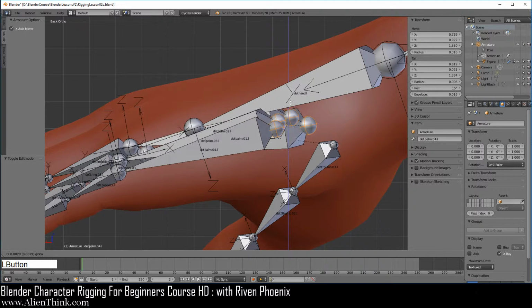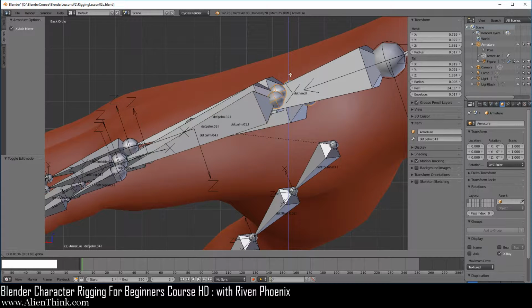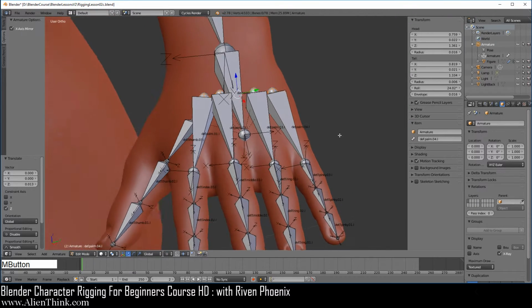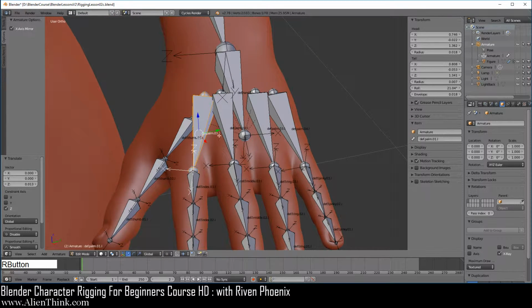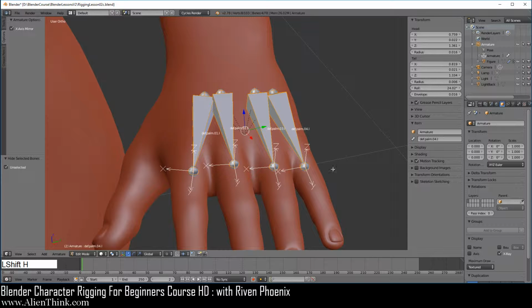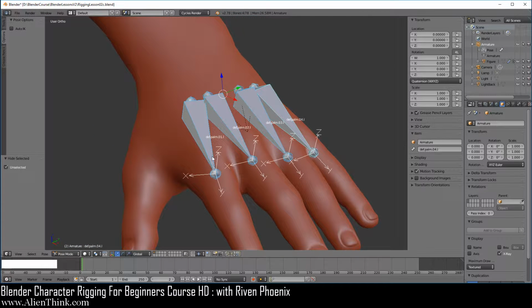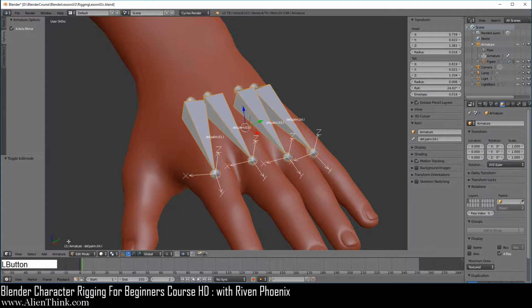Click on this blue arrow, and for now just bring this up kind of like this over here. We can adjust this later. Now go ahead and rotate this like this. Go ahead and click on this bone, press the Shift key down, this one, and this one. Now what we're going to do is press Shift H to hide all the bones. Go ahead and switch to pose mode and then do Shift H again. So here you can see that the Z axis is pointing up, so we just need the Z axis to point down. So here, go ahead and switch to edit mode.